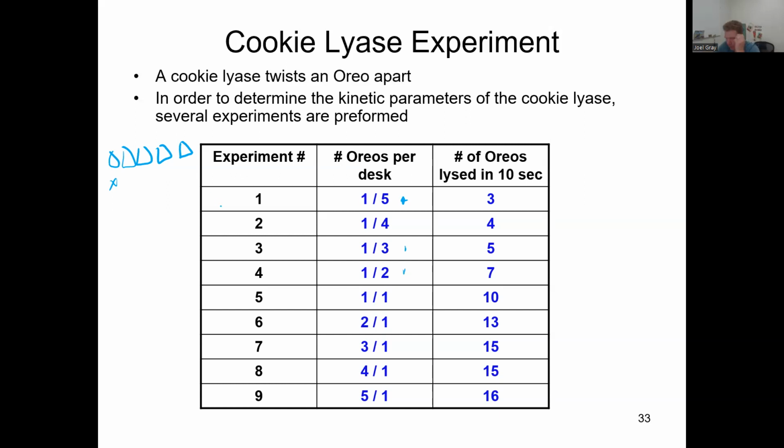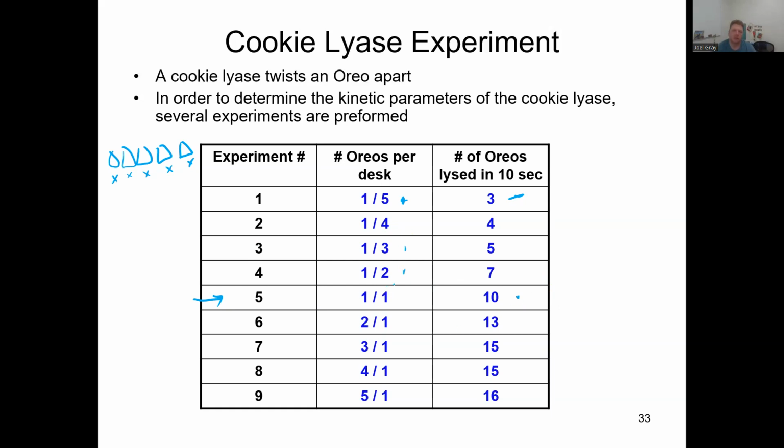And say, okay, after 10 seconds, how many Oreos are lysed? And the answer was 3. Then you'd say, all right, ultimately in trial number 5, if we put 1 Oreo at each desk and set a timer for 10 seconds, and started the timer, whenever someone would show you a product, you'd replenish and give them another Oreo so they could twist it. And what you got was, if you put 1 Oreo at each of 5 desks, and you had 1 person seated at each of those 5 desks, and you gave them 10 seconds to twist Oreos apart,